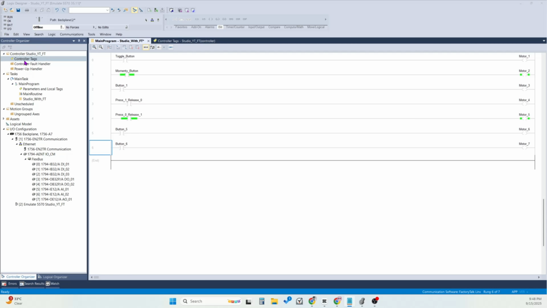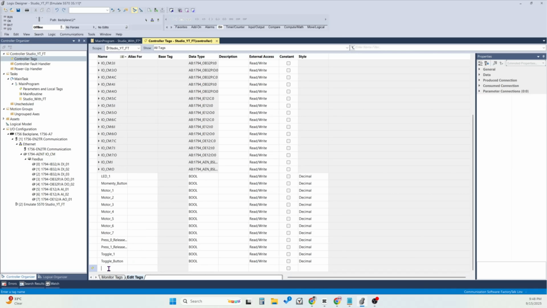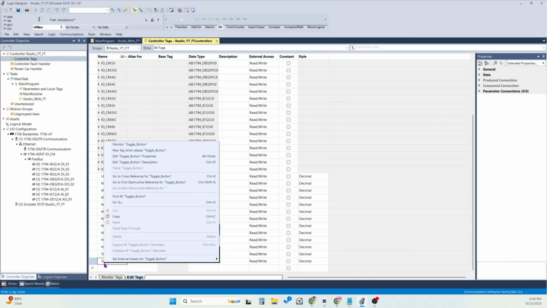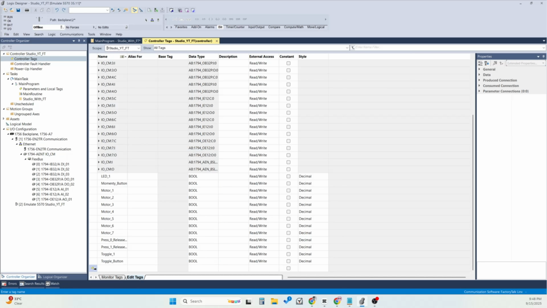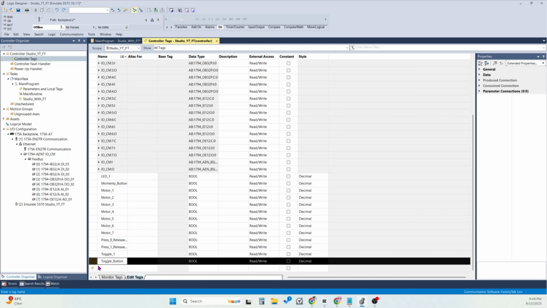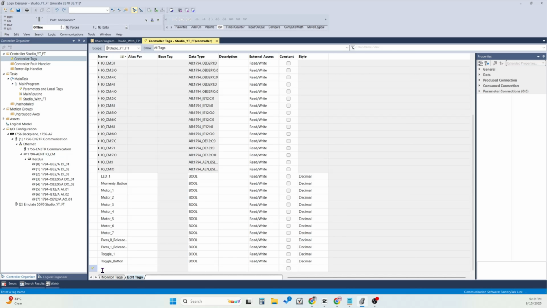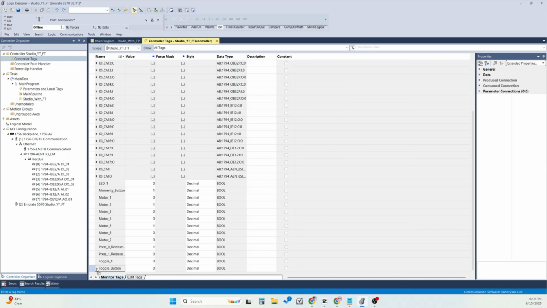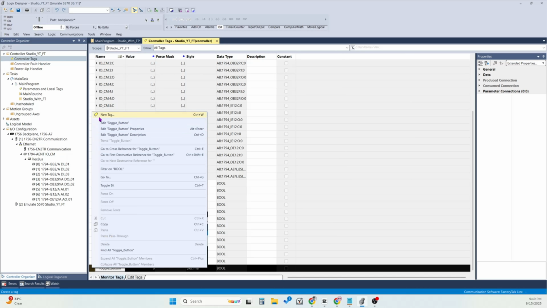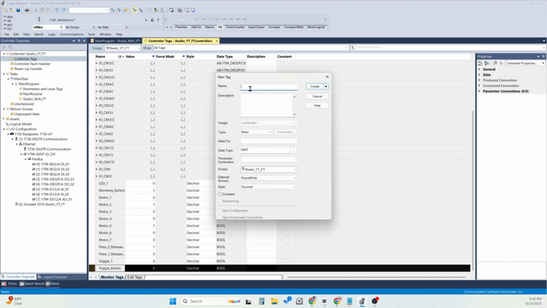So simply click on controller tags. It's already opened, so no need to click again or open again. And here you need to create a tag. So right click on it. Here you can write, but better is to create a monitor tag. It's better to create a new tag, and here